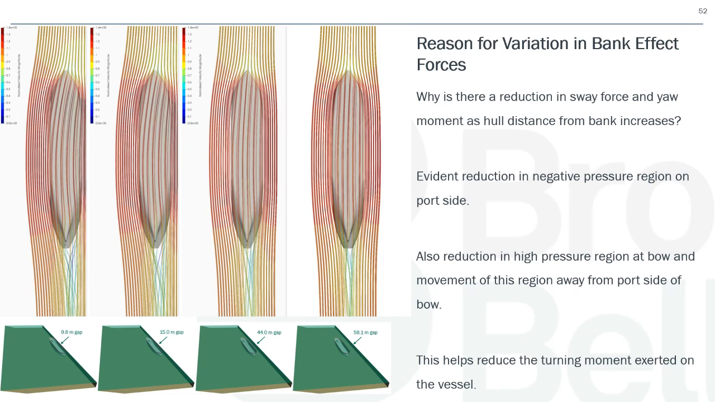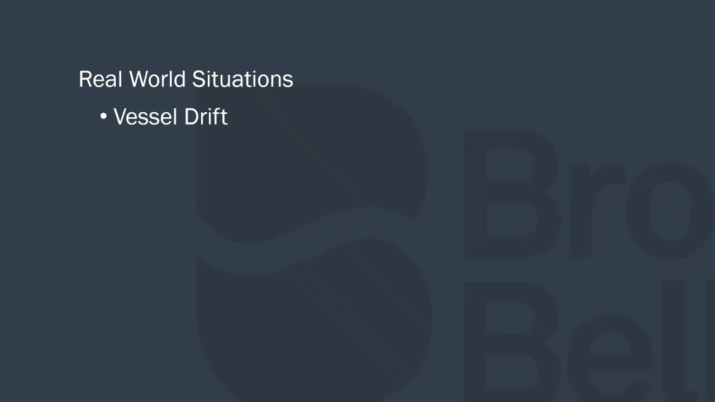And as I mentioned, as you would probably expect, this is a result of the asymmetry in your flow, or how your flow field is affected. So you can see as you come from the 9.8 metre gap on the left towards the 58 metre gap, the flow field is becoming a lot more symmetrical and a lot less imbalanced, and that affects, as we just saw, the pressure region. And so that explains why bank effect reduces as we come away from the bank. So now we hopefully have a bit more understanding about where our bank effect forces come from,